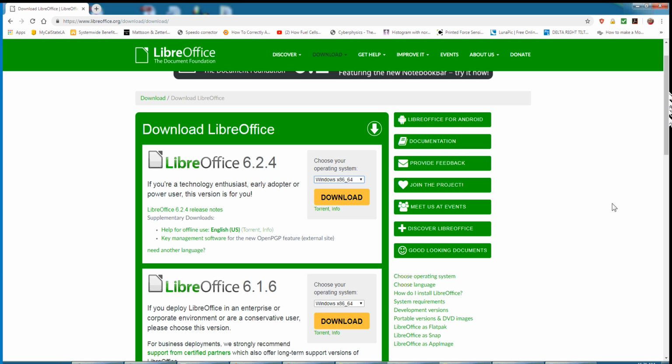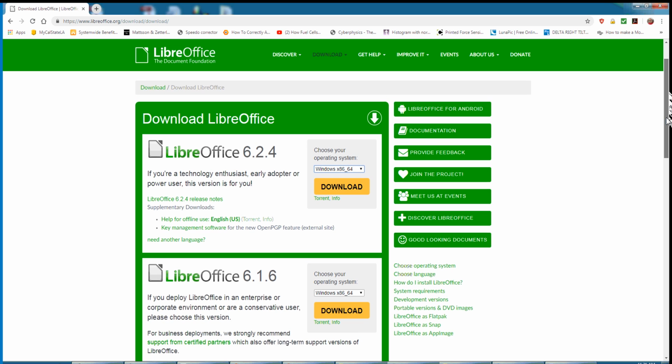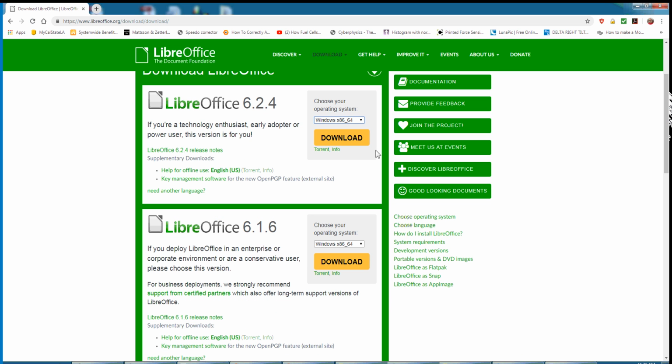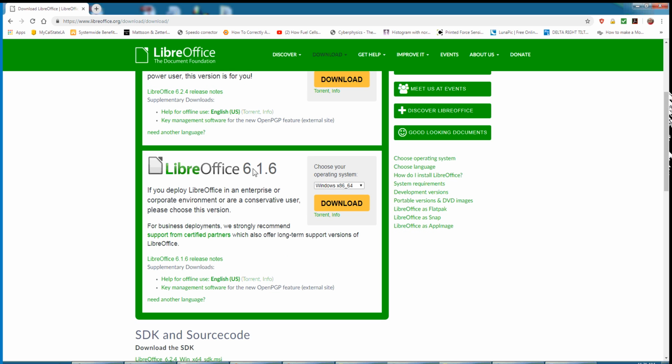Let's see, we will pick the more conservative one here, because the early adopter power user, we're going to pick the safe one here, LibreOffice 6.1.6, and we see we've got the proper operating system here. I'm going to click download,